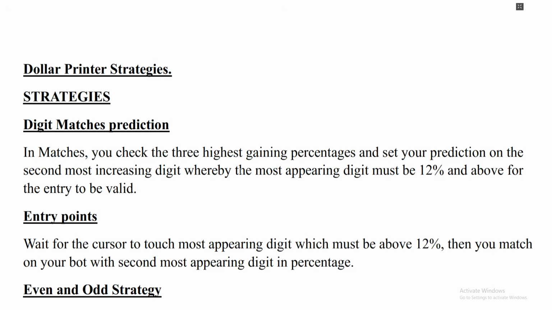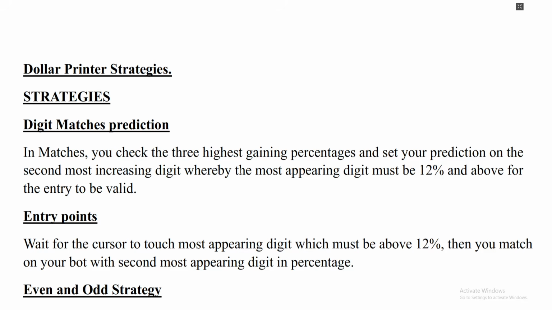You see that ticker. It should land on the most appearing. So the most appearing must be above 12, as we have discussed. Immediately that ticker lands on the most appearing, immediately it touches it, then you press matches or you press run on your bot, with the second most